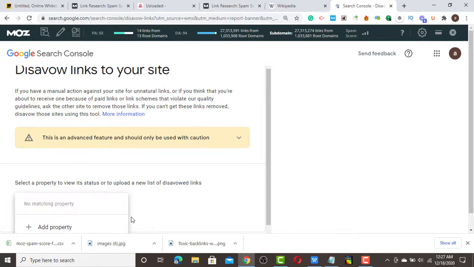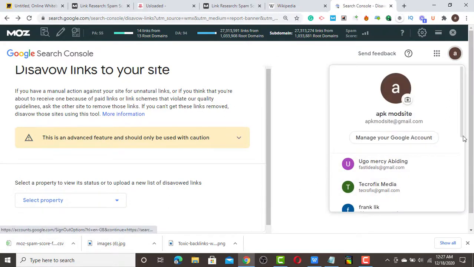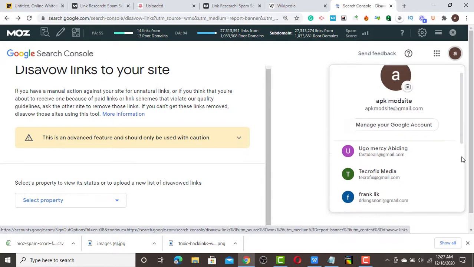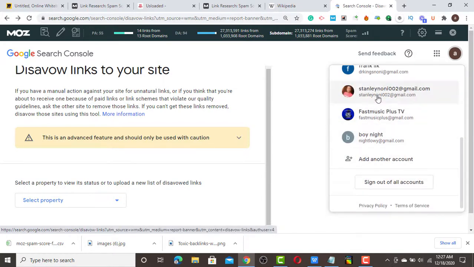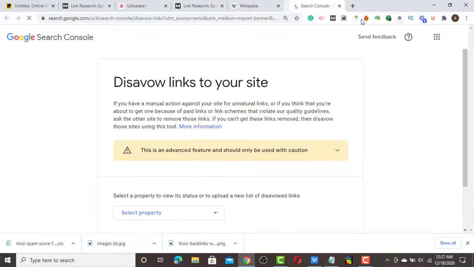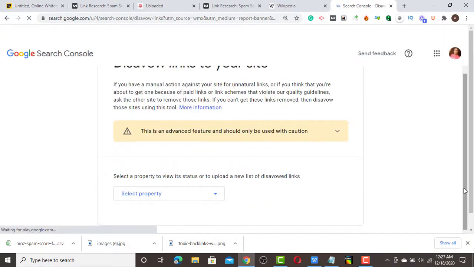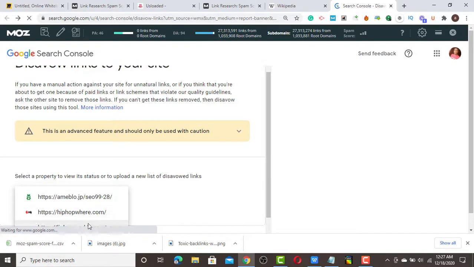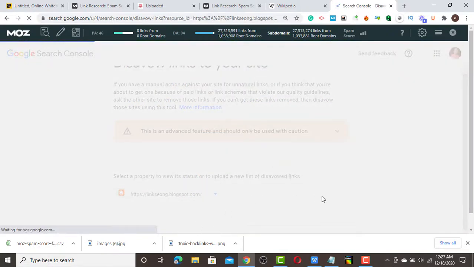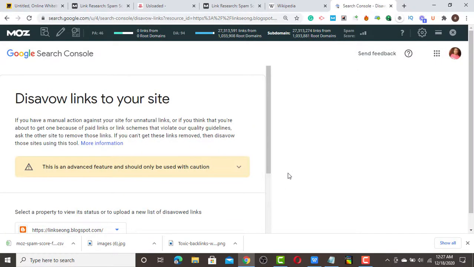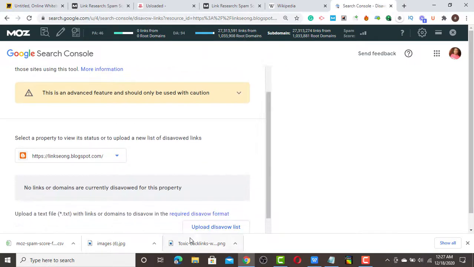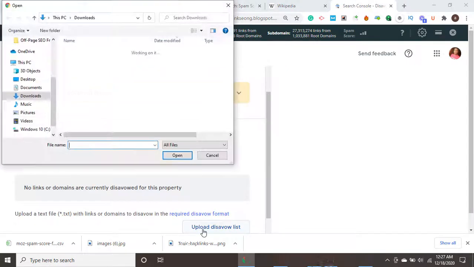Okay, you just have to choose a property. Let's say, for example, something like this. Just scroll down and click upload.